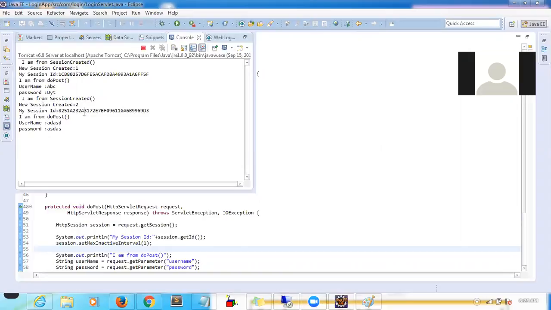So why do we need to wait for a minute? The session will expire for these 2 users, so we can see the decrease in count here. Yeah. So basically 2 sessions are created. This is the first session, second session. Initially it goes 0 to 1 and 1 to 2. Now let's wait for 1 minute and we can see the count.